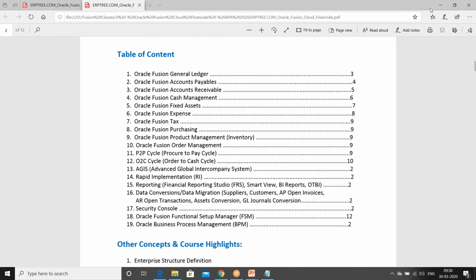I'm currently in EBS Finance, working in PO, AP, AR, GL for the past 2 years. Is it really useful for me to learn Fusion now itself, or can I wait for 2 more years and then start learning Fusion? See, the Fusion resource has more demand in the market. Most of the consulting companies' previous implementations were on EBS. Now, most of the implementations are on cloud. That is the reason. Even if you continue in the same company, or if you want to switch to another company, if you have a Fusion skill set, that will keep you always in demand.